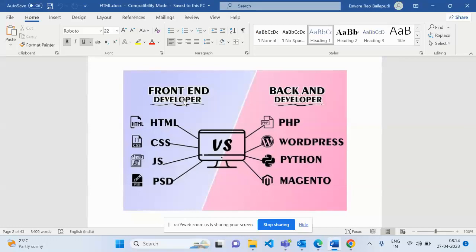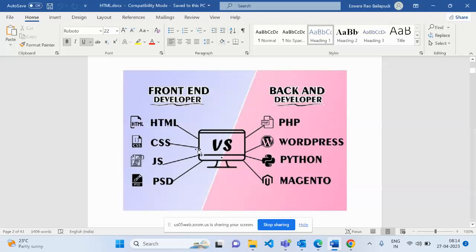As a backend developer, you can learn Java, PHP, or Python, WordPress, Magento. These are the technologies to learn backend. Both together is called full stack. If you learn backend and front end, then you'll become the full stack developer.